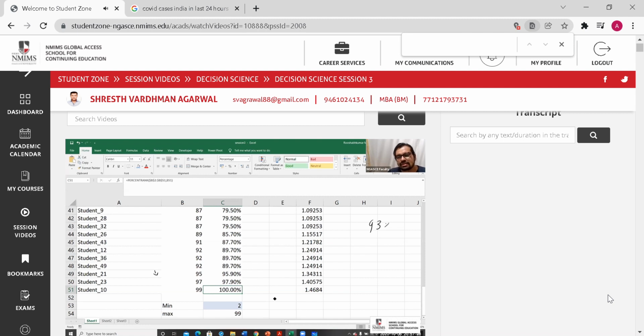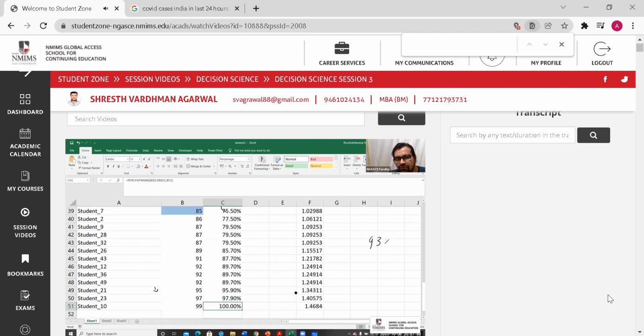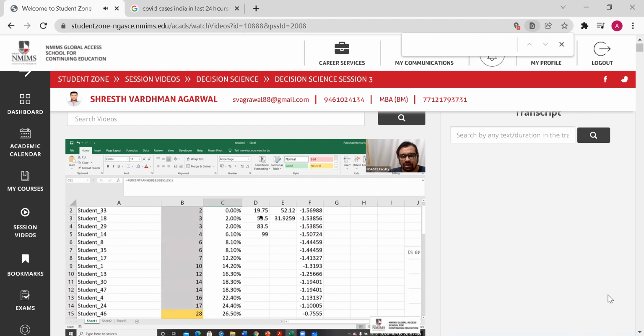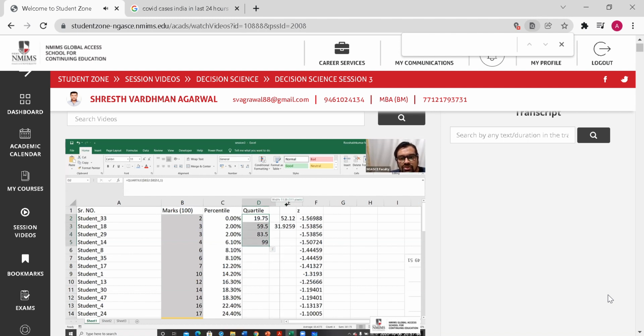Yes, Tejas, that could be there. Tejas is saying that it'll be 86, not 85. It's okay, that much is okay. Now let me just tell you, these are the quartile values which you can find out using